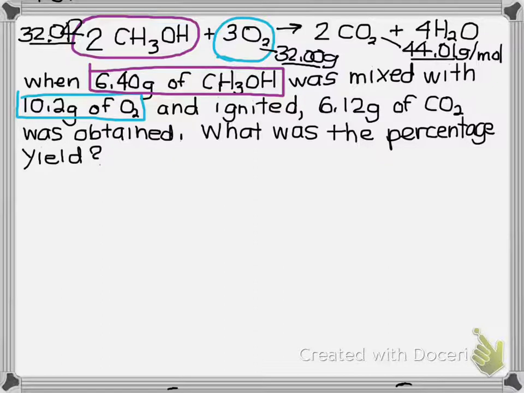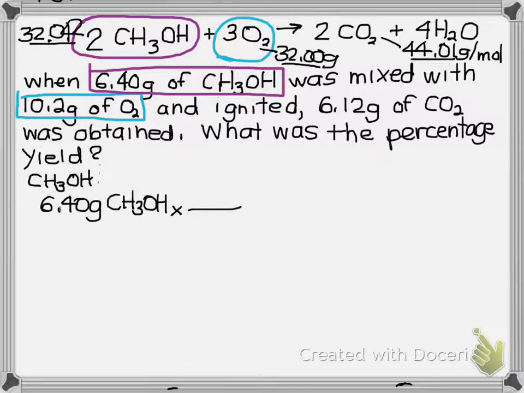So first we're going to set up a limiting reactant problem. And I'm going to start, just because it's the first one in the problem, with the CH3OH. So my goal is to figure out if I have 6.40 grams, which I was given, of CH3OH, how much CO2 that will make. So first I use the molar mass of the CH3OH, which I have written up there as